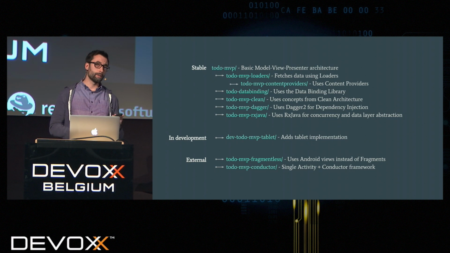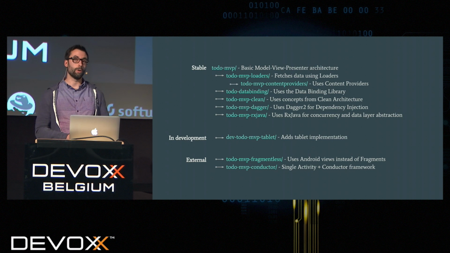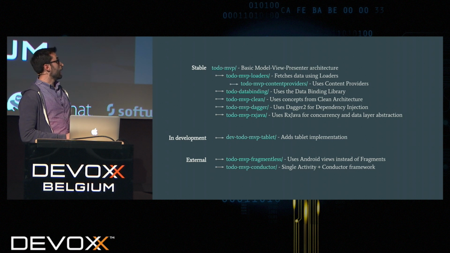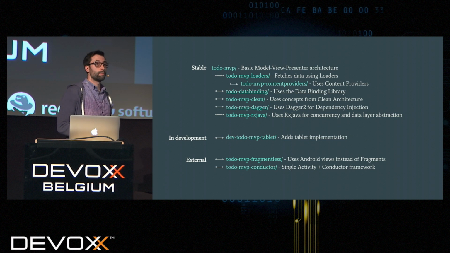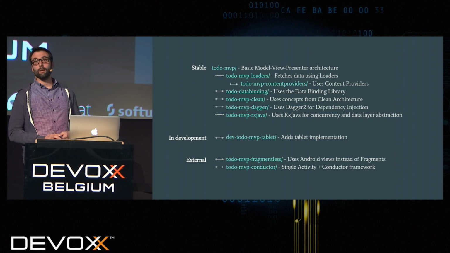From that, there's another branch for content providers. That's interesting if you're trying to share data from your app to the rest of the apps on your system, then that's a very good sample that shows you how to do that. There is an example with data binding, one following the clean architecture pattern, and one with dependency injection using Dagger 2, and then there's one also stable with a version of RxJava that was worked on by Florina Muntenescu